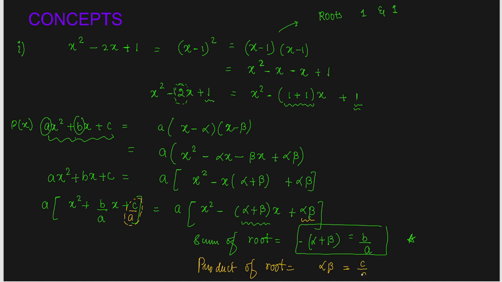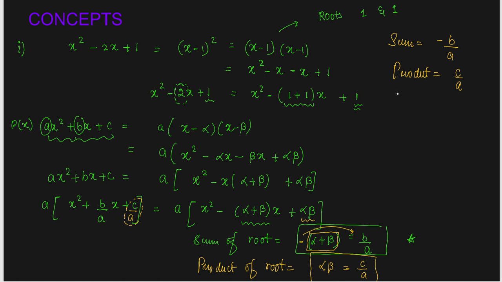So this is my other formula. What is the formula for the sum of roots? The sum of roots is equal to minus b over a. Negative, I'm shifting to this side, so this is minus b over a, and the product of roots, alpha beta, is equal to c over a,